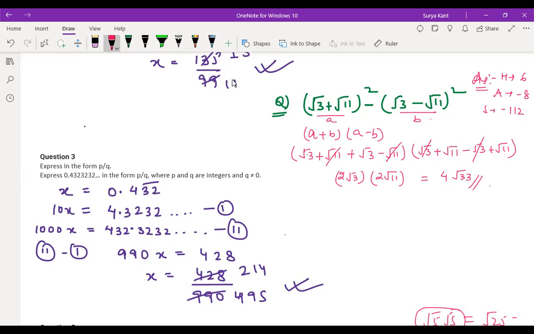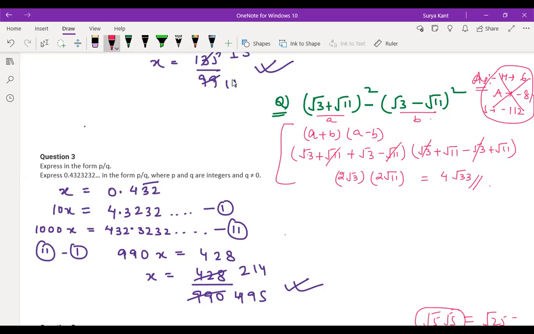So don't worry about these answers. Just try to understand where you are making the mistake, so next time you should not repeat it. You might have taken root 3 and root 3 as 3, right? Any steps you are having doubt about? Any steps you are having doubt here? No, sir. No doubt, sir.